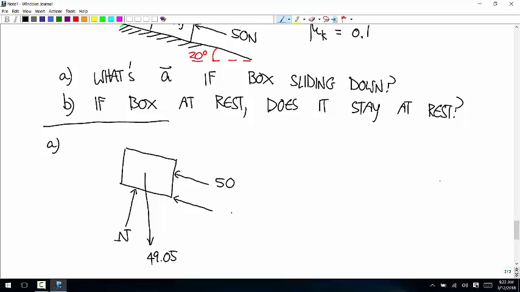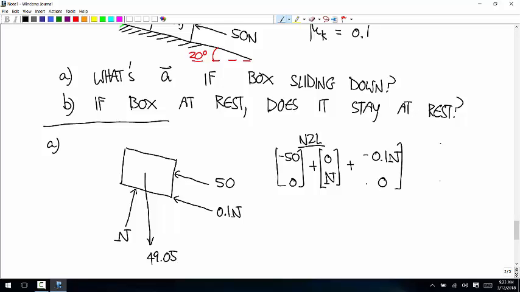And that has a magnitude of 0.1 times the normal. So Newton's second law says negative 50, 0, plus 0, N, plus negative 0.1 N, 0,